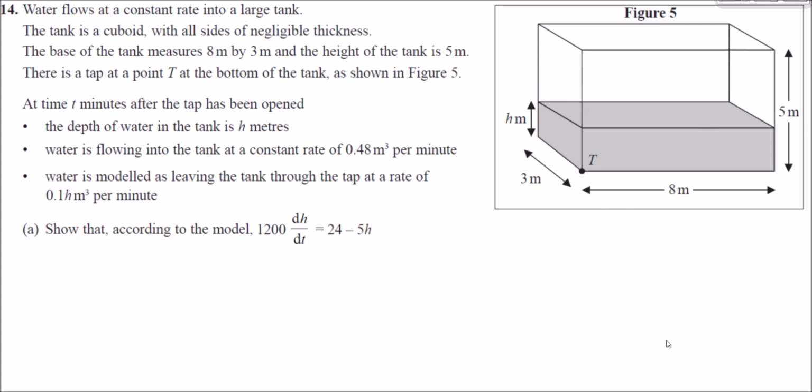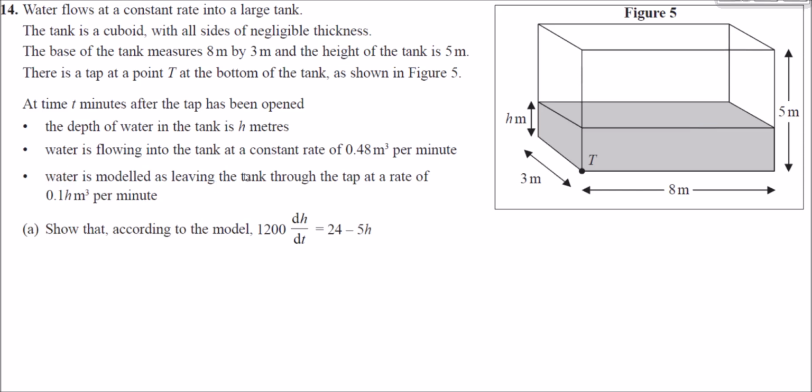Question 12 is a practical application of differentiation. So water's flowing at a constant rate into a large tank. The tank is a cuboid with all sides of negligible thickness. The base of the tank measures 8 by 3 meters and the height of it's 5 meters. There's a tap at point T at the bottom, as shown in figure 5 here. At time t minutes after the tap's been opened, the depth of the water in the tank is h. Water's flowing into the tank at a constant rate of 0.48 cubic meters per minute, but also water's modelled as